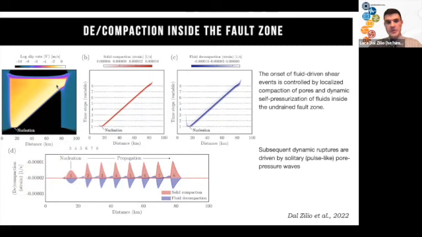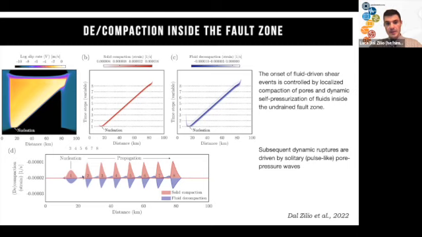With this type of simulations, we can keep track of the evolution of compaction, the solid compaction within the fault zone, and the fluid pressurization. And you can see that from the nucleation point, we have this propagating front of solid compaction, which is immediately counteracted by fluid pressurization. So here with these lines, you can see these 8 profiles that we try to plot